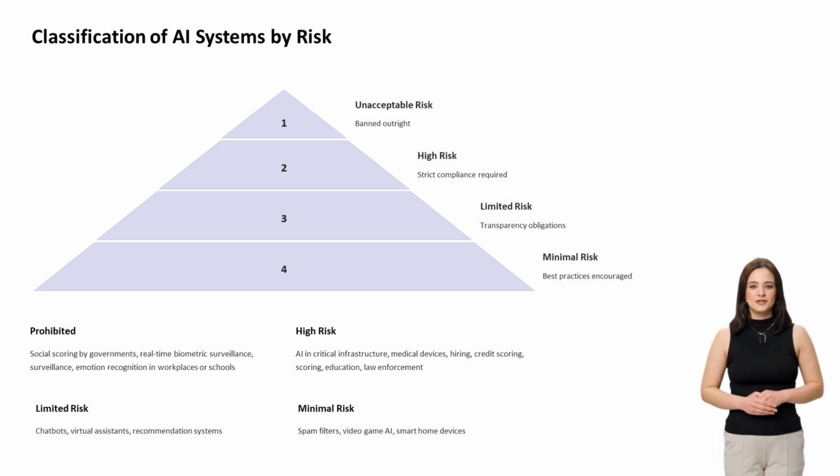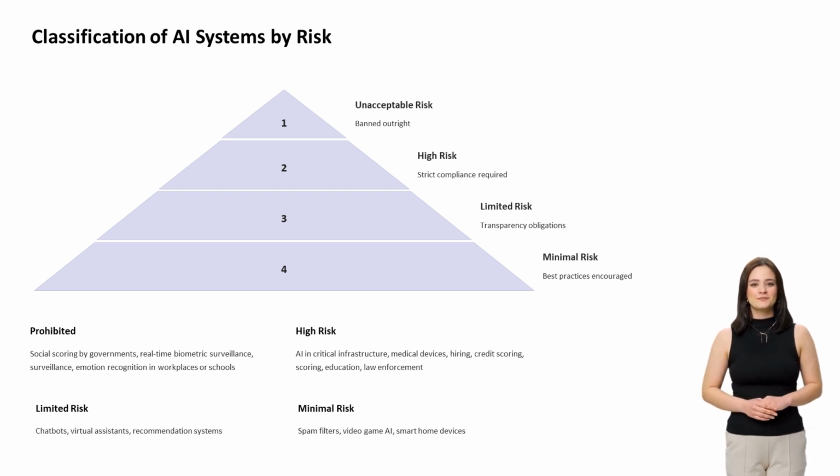Now, let's focus on the most regulated category, high-risk systems. The Act mandates strict controls throughout their entire life cycle. Developers must ensure high-quality data governance and management, comprehensive technical documentation and record-keeping, effective human oversight mechanisms, high levels of accuracy, robustness, and cybersecurity, and continuous post-market monitoring with a system for reporting incidents. This framework ensures that the riskier the AI, the greater the responsibility placed on the organizations that create and use